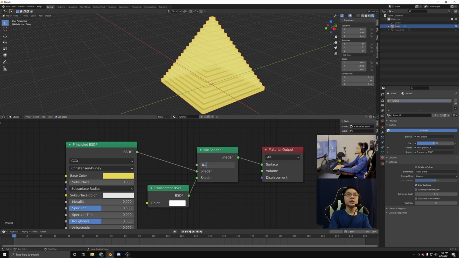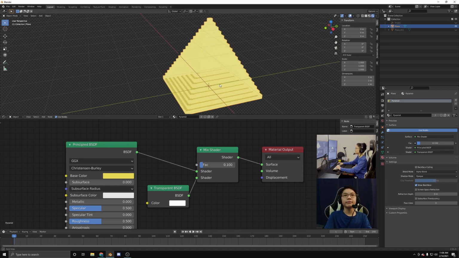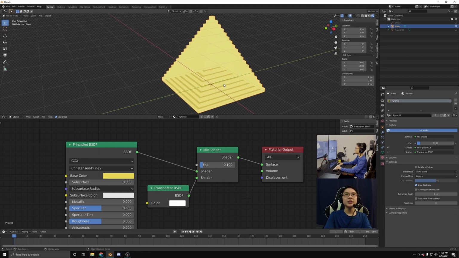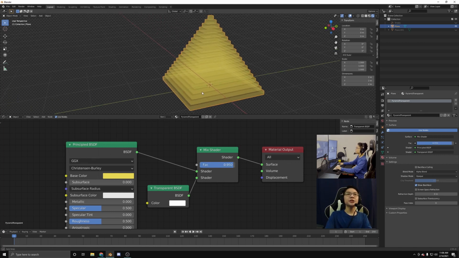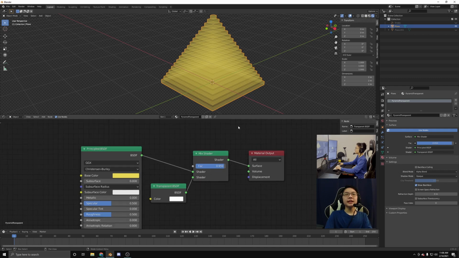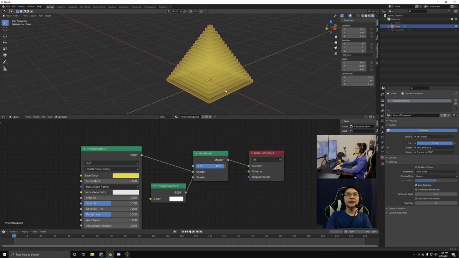Let's move the factor down to 0.1 because it is just a simple pyramid material. No need for too much transparency. But now let's make a copy of this, call this pyramid transparent. And you guessed it, we're going to be making this very transparent, like so. Wow, that actually looks pretty good. Okay, so now that we got our materials all sorted out, I think it's time